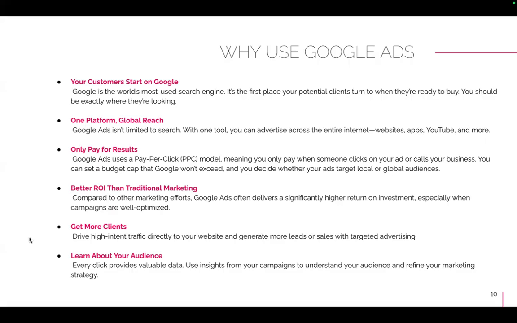The third one, I think, is the most unique one when it comes to Google in comparison to traditional advertising. Google Ads only uses the pay per click model, PPC. So, for example, Meta takes some advertising budget for your impressions, but Google actually only takes out of your advertising budget when somebody clicks on your ad. This makes it very budget efficient and brings me to the next point, better ROI, return on investment, than traditional marketing.